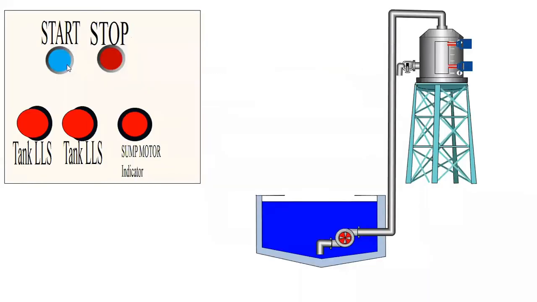Let me minimize this. This automation system is started only when I press the start button. You can see that there is a water flow towards the tank. Now when the water is about 200 liters, the low level sensor data will be on. At any point of time, I can turn off the motor by pressing the stop button. And whatever the water level may be, it will not be started even if the water goes below 200 liters